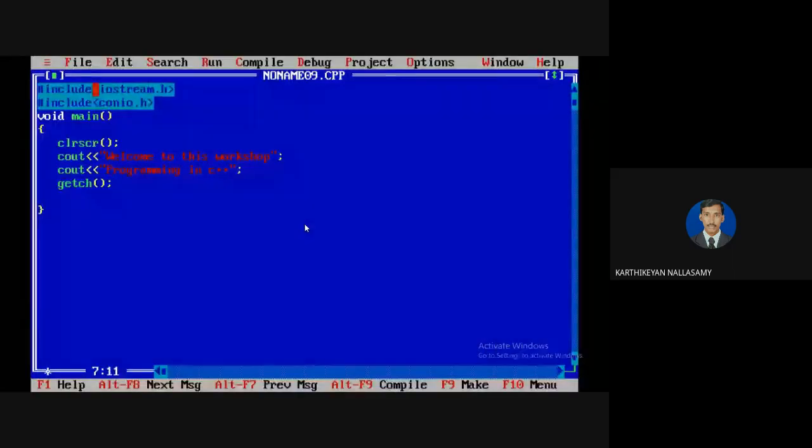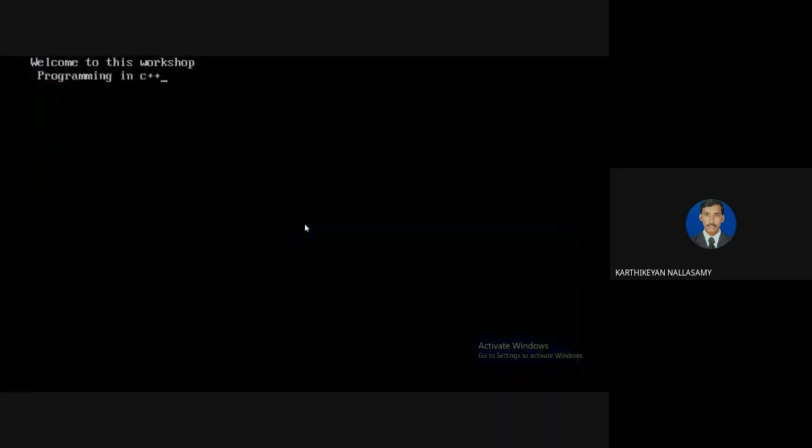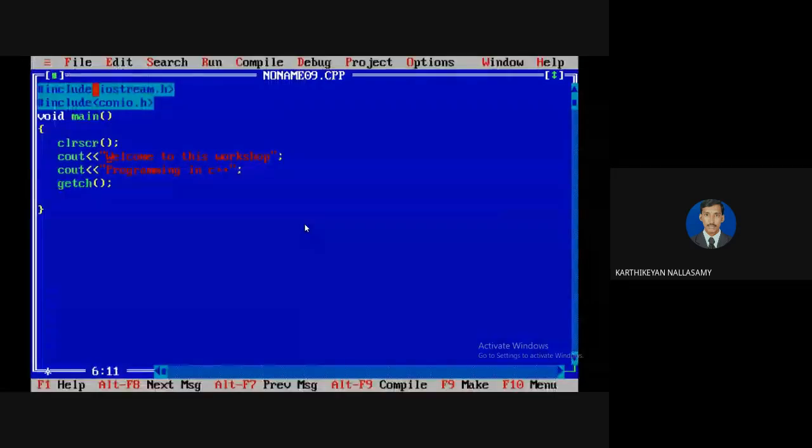This escape sequence must be used only within double quotes. It is a special character in a string, and slash n is one character. Don't count it as slash and n; it is a single character. Now I'm going to run the program. It displays like that. Even if you don't put it at the start, but want to display on the next line, you can define it here also. After printing, the control goes to the next line.